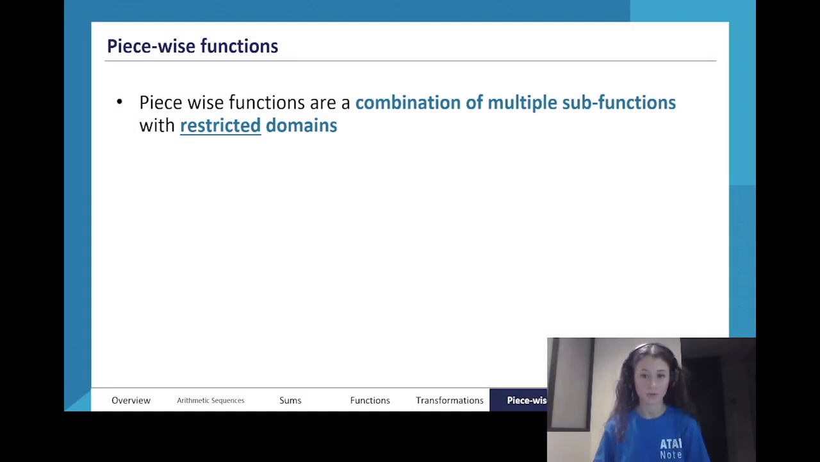Now we're going to be getting onto the next topic, which is piecewise functions. Piecewise functions are a combination of multiple subfunctions with restricted domains. What we use piecewise functions for is if we have a relationship that we want to describe, but it changes over time. We can't just use one function for it. An example of this might be